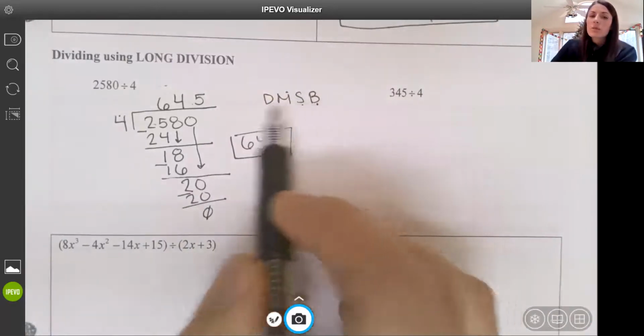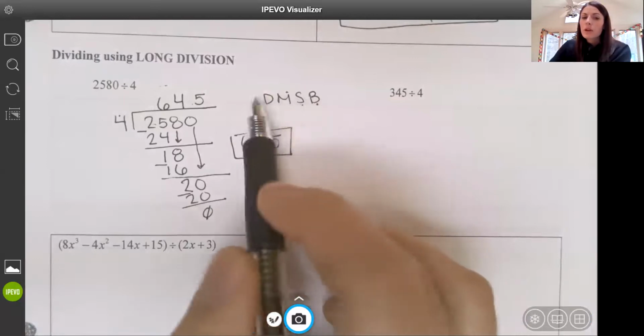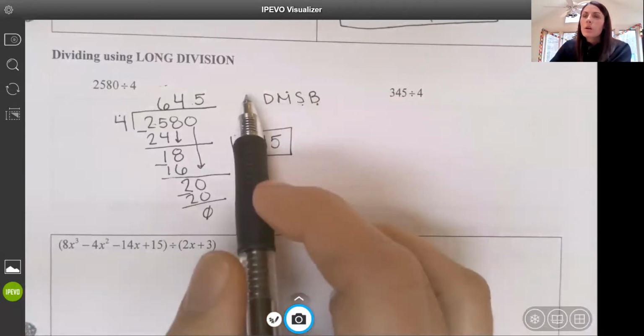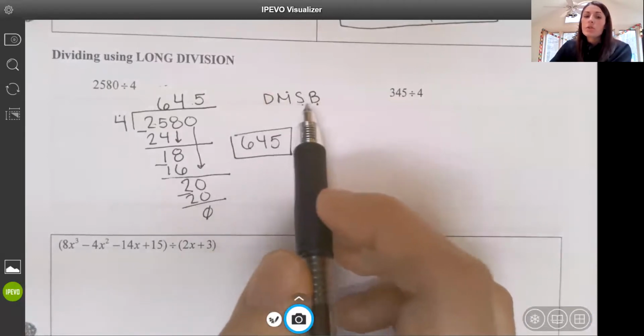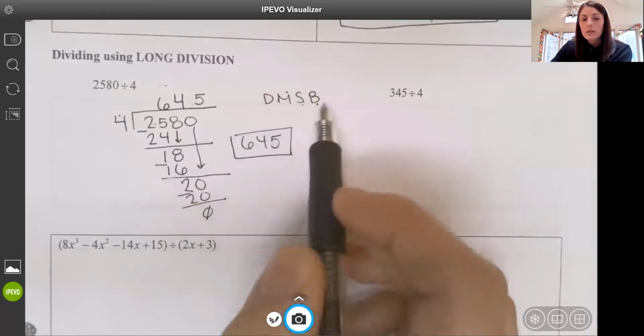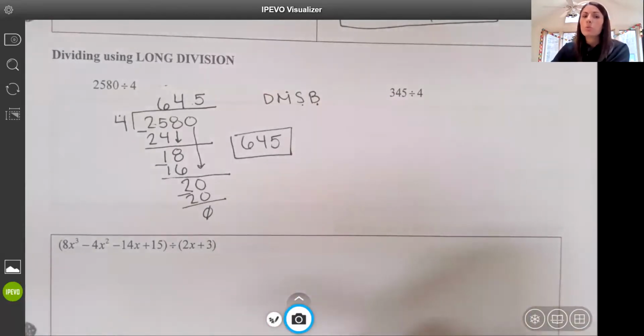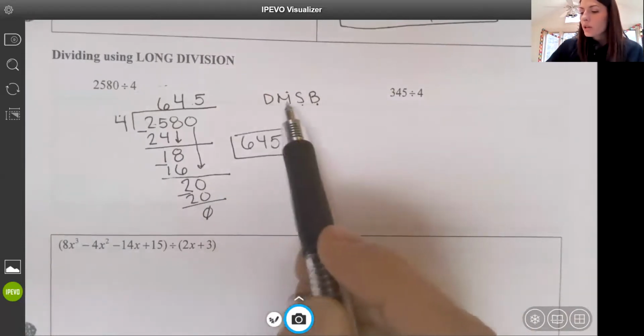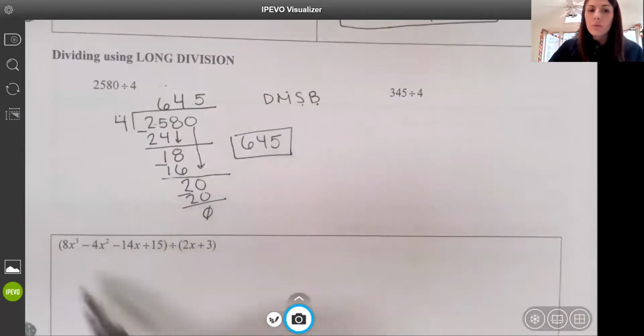Some people remember this with a little sentence, this little pattern that we go through with long division. I've heard a lot of "Does McDonald's serve burgers?" as what's used to remember the loop used in long division. A lot of students make up things with Mrs. Sawyer. Does Mrs. Sawyer bark? Does Mrs. Sawyer bake? Does Mrs. Sawyer bite? Whatever works for you, so that you can remember this pattern, because the long division